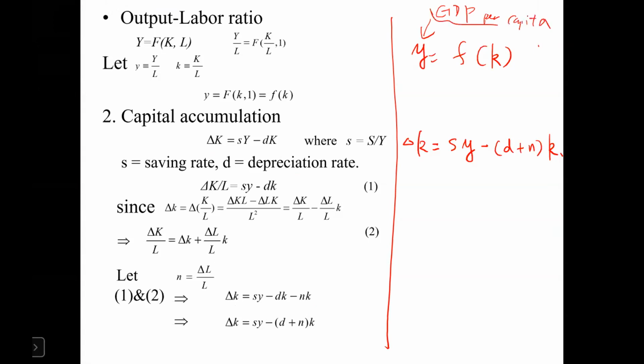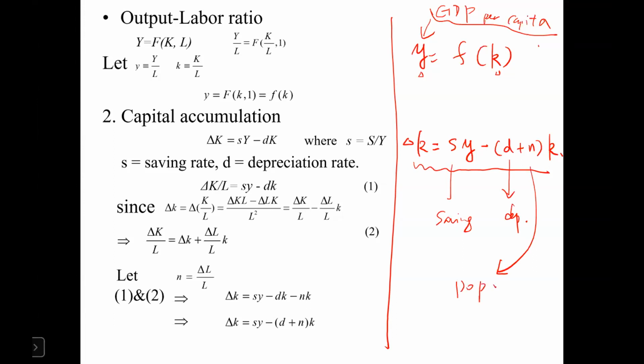It's not a perfect measure, but it's a good measure, right? Y is going to be determined by per capita capital. So this is the first message. And the second message is, this equation tells us how over time per capita capital is going to change. There are three things that determine how your per capita capital changes. One is saving. Secondly, depreciation. And the third is population,